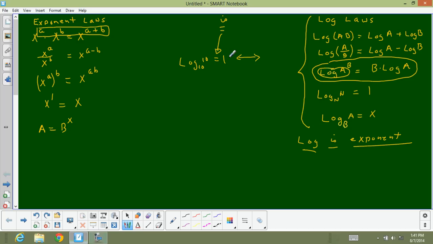A log is an exponent. So that 1, that's an exponent. And it's an exponent of some base. And the base is right here. The base is the 10. So 10 to the first power equals what? Well, of course, 10 to the first power equals 10. Okay? Now, just to continue with that concept a little bit, because this is where people kind of tend to